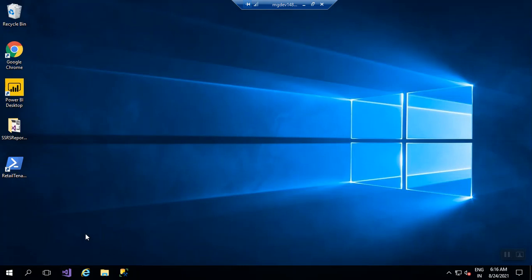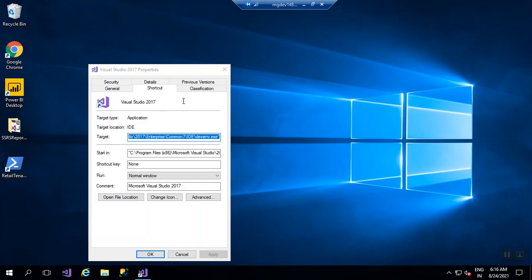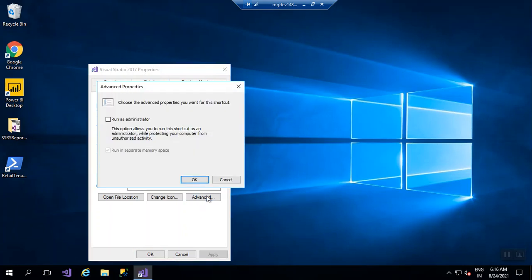So a dialog form will show now. This is the dialog form, and here you have a shortcut tab, right? In this shortcut tab, you have to click on advanced. After clicking on advanced, you will be able to see run as administrator, right? You have to check this checkbox.